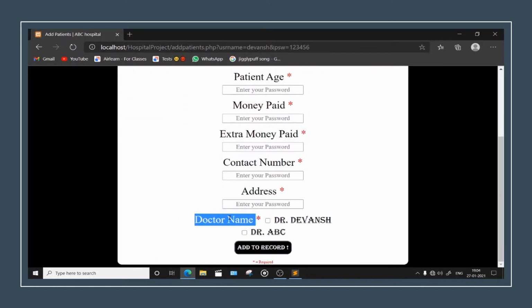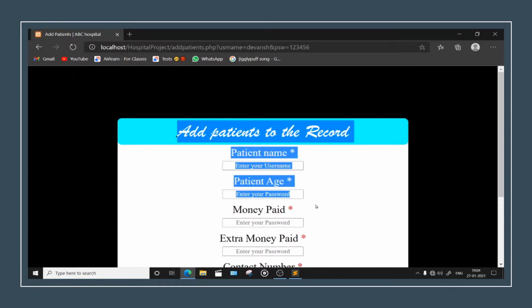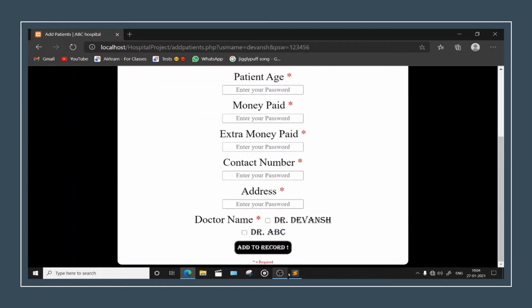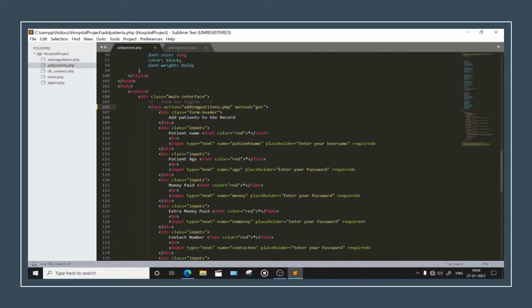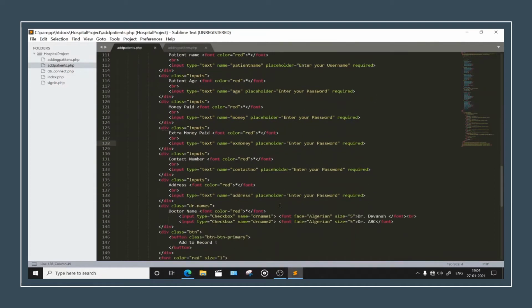So we are now logged in, and we have done these things like this doctor name. I will put this below. We will enter one line here, and we have done all these things, right? I will tell you how we need to add this into our database. For now we have done this. Now you need all these things: patient name, money, and so on. So we all need those things.